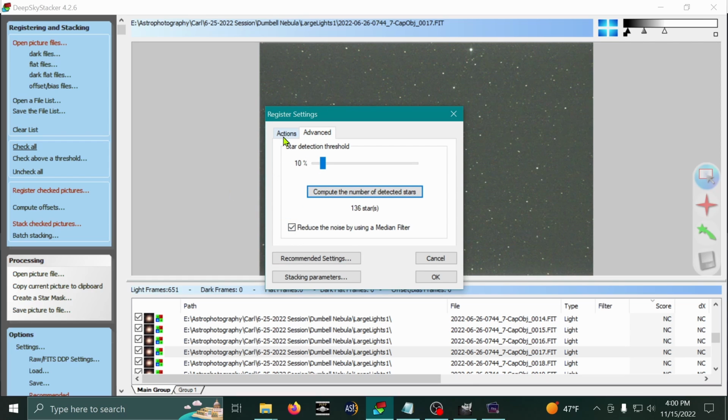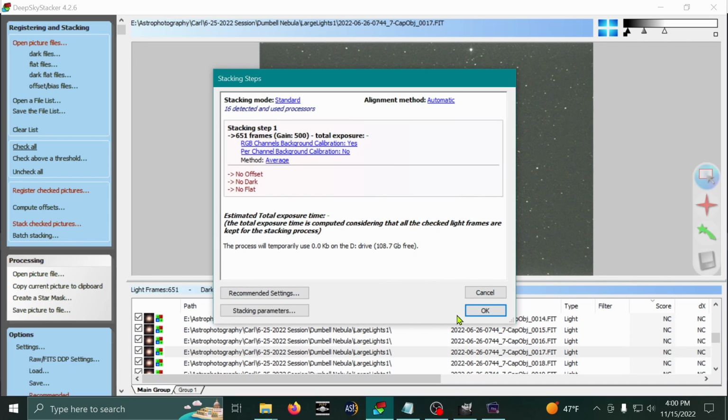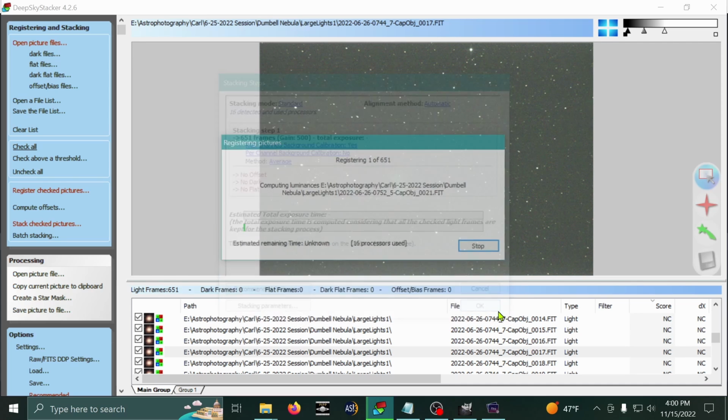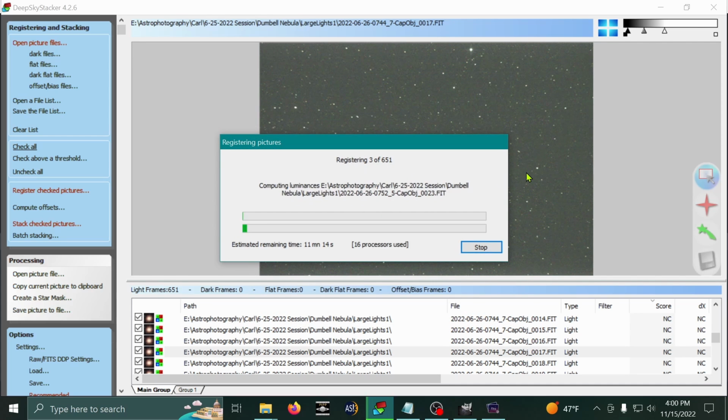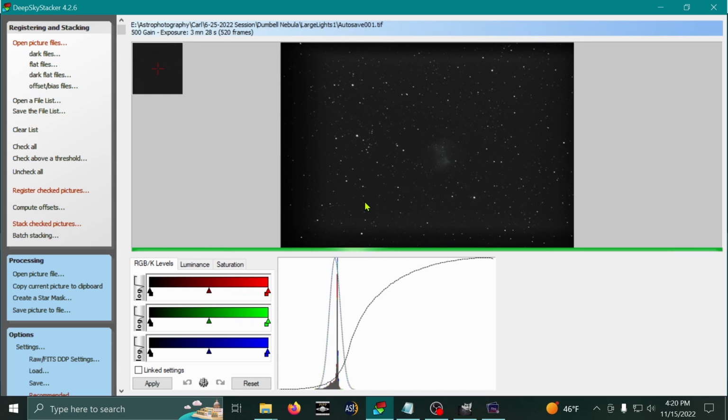136. Cool. I'm going to go back to Actions, and I'm going to click OK. I'm going to then click OK under Stacking Steps. And we're stacking. Okay, we just finished stacking the Dumbbell Nebula. I already see it right there in the center. And I see we have some very skinny RGB spikes, but they are all aligned, which is cool. We won't have to do much